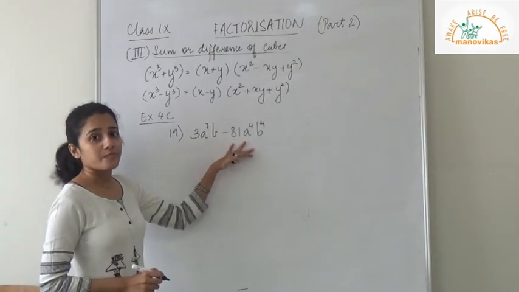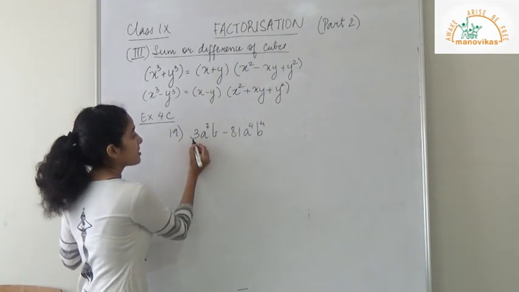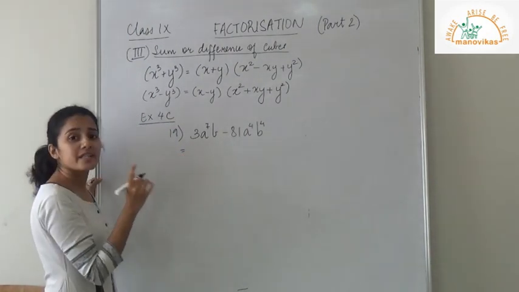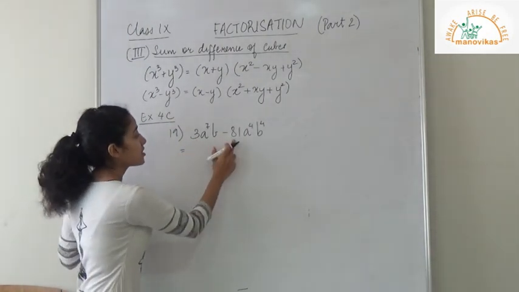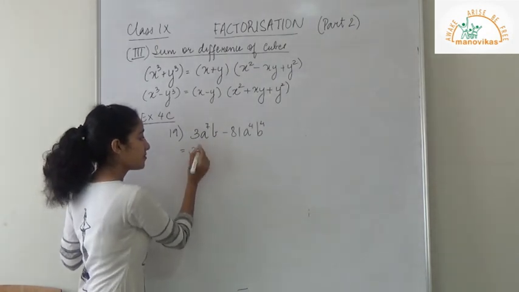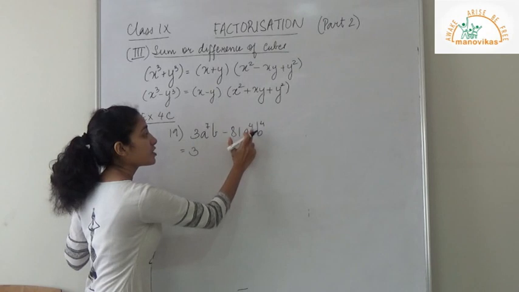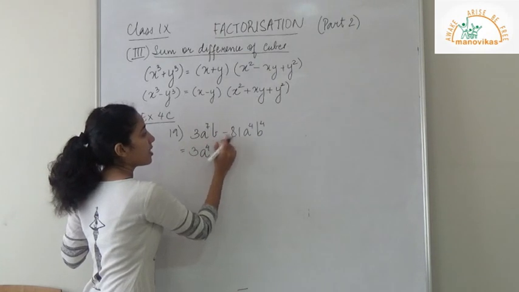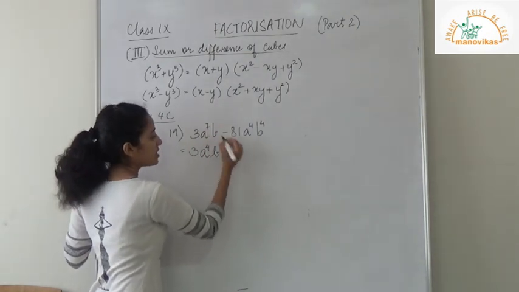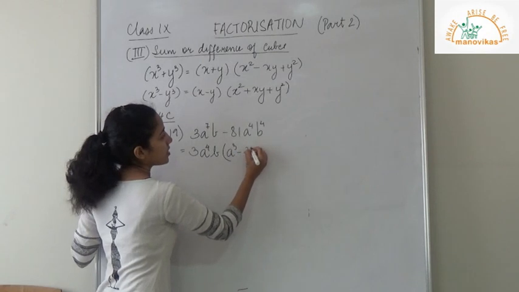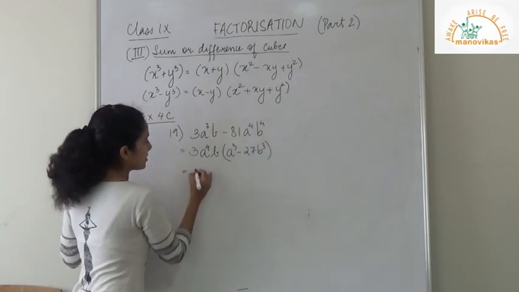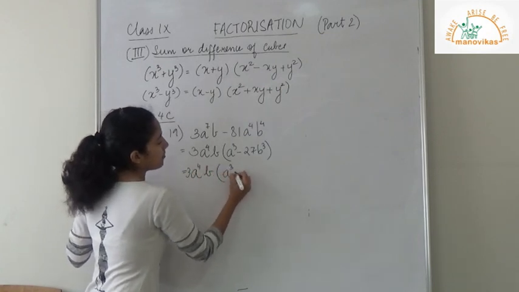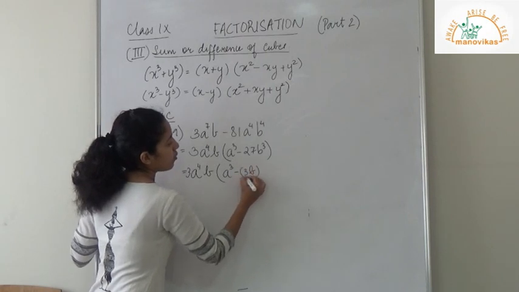Look at this expression. In this we have 3 terms, that is 3, a and b. So over here we will be using the first method of taking out the common factor. From the numbers, you see that the highest common factor is 3 itself. Between a raised to 7 and a raised to 4, we take the variable with the lowest degree, that is a raised to 4. And among b, it will be b raised to 1, which leaves us with a cube minus 27b cube. That is 3a raised to 4 b into a cube minus 3b the whole cube.